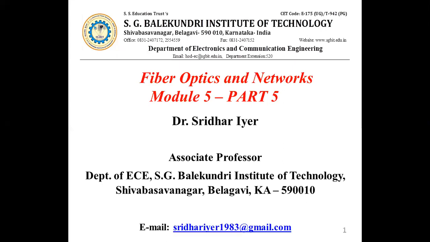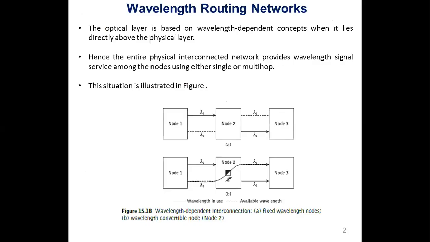So till now we've seen the various protocols which can be used in optical networks. We've also looked at what basically the WDM network is, the asynchronous network, and the synchronous network, SONET and SDH, the OSI layer, the IP layer, and so on. So now let's look at the most important part in optical networks, which is known as the wavelength routing networks.